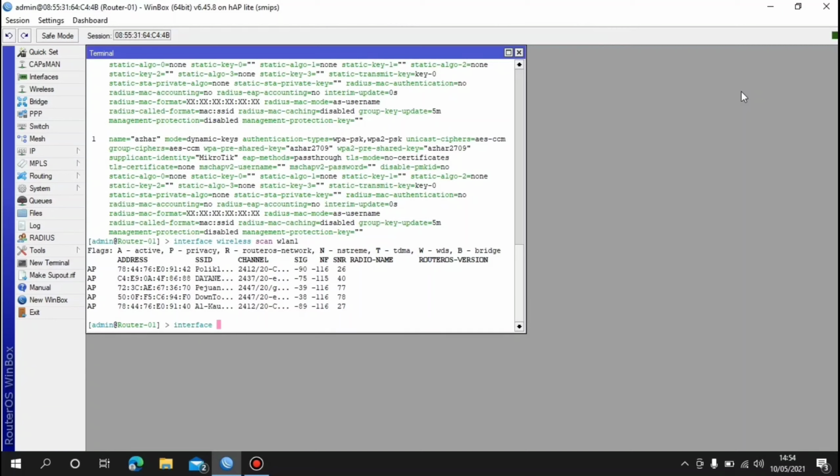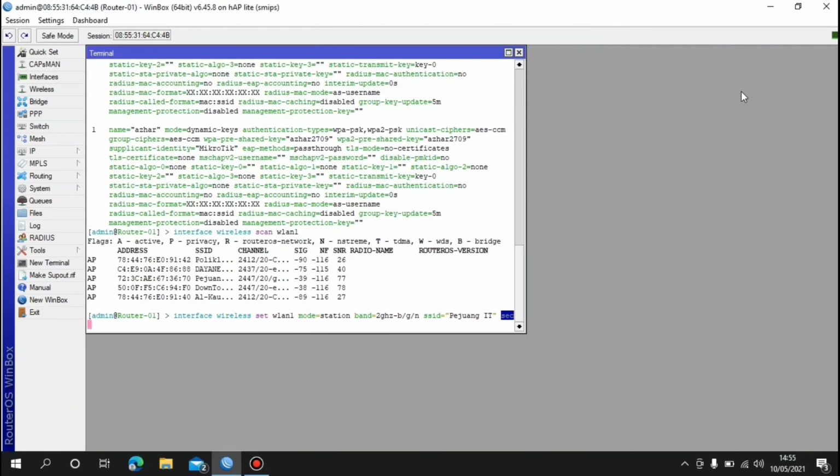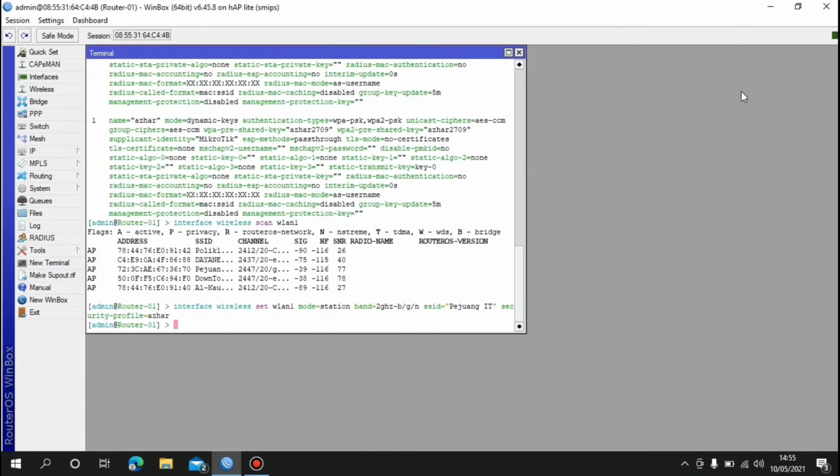With the command interface wireless set wlan 1, mode is station, and band 2GHz-B/G, and SSID is Pejuang IT, and the security profile is the one we created. And enter, do checking with the command interface wireless print.